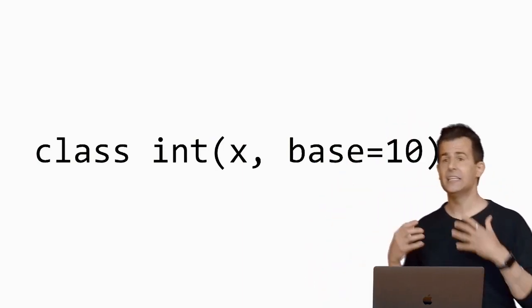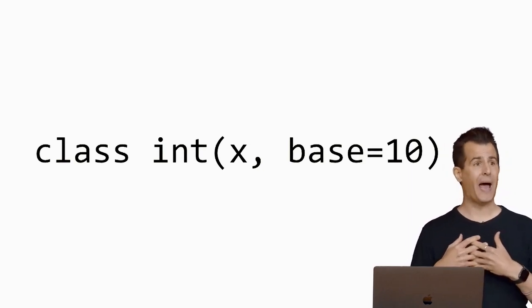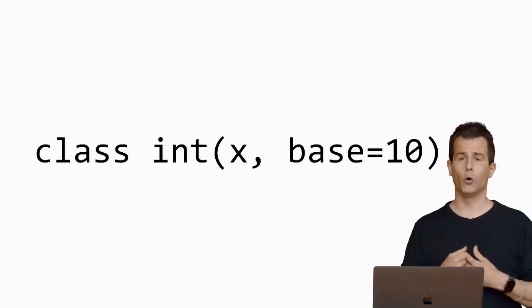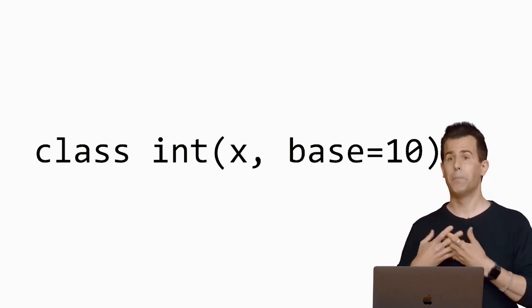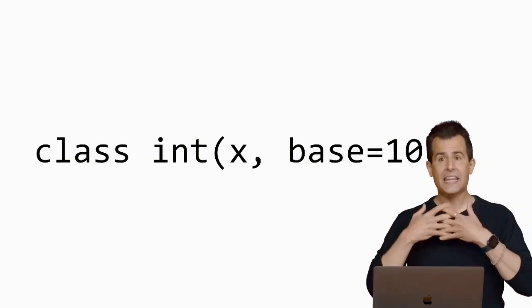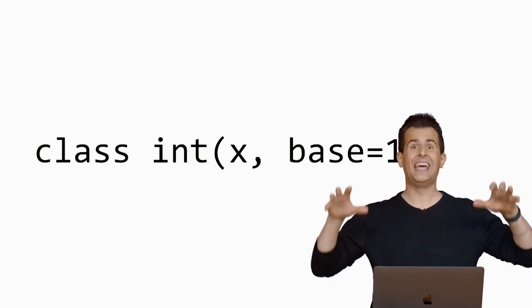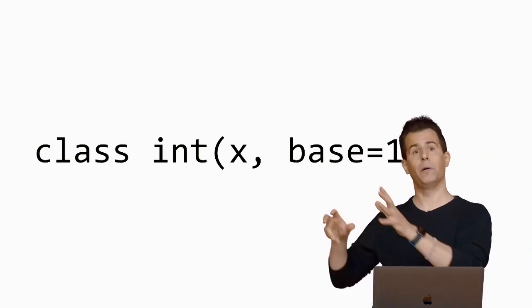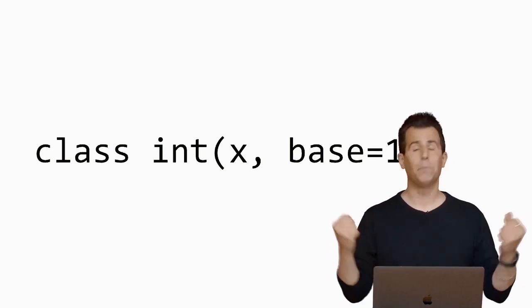And in fact, this is the signature of the constructor call for an int, whereby you pass in x, like a number, quote unquote 50, or quote unquote something else. You pass in optionally the base, 10 for decimal, 2 for binary, or anything else. And that int function will actually return to you, all this time, an object of type int. That is to say, int is a class. It is a template, a blueprint for